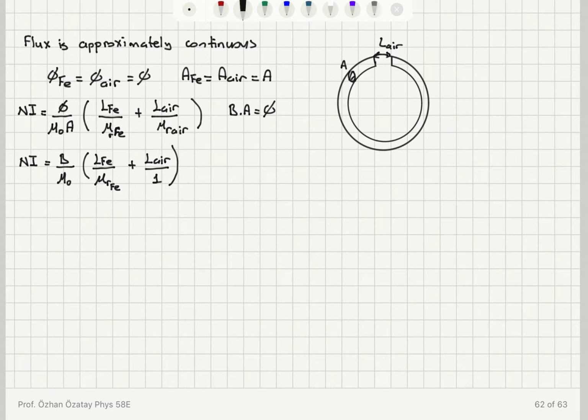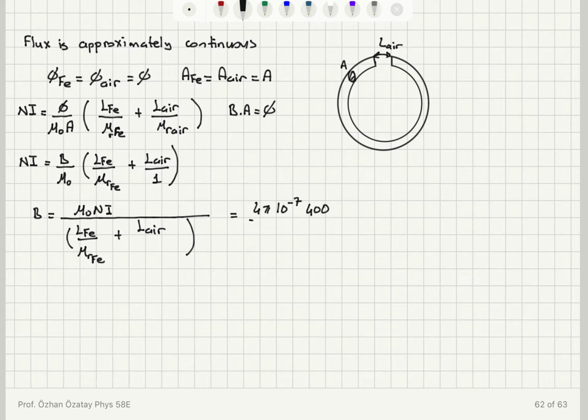So we find that the flux density B, or magnetic induction B, must be equal to mu 0 Ni divided by length of iron part divided by relative permeability of iron part plus length of the air part divided by 1. So this gives us 4 pi 10 to minus 7 times 400 amps